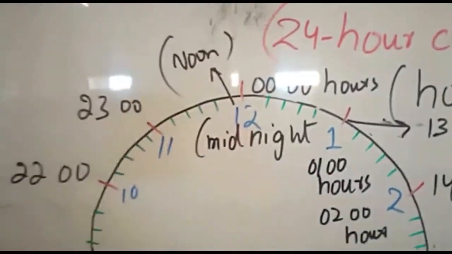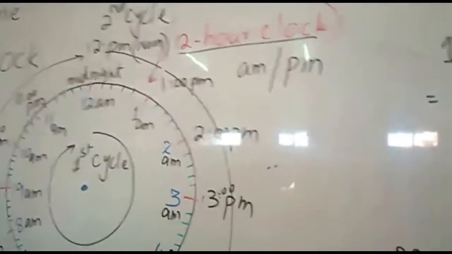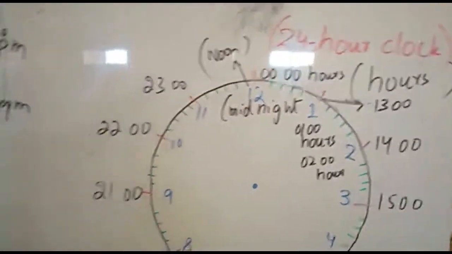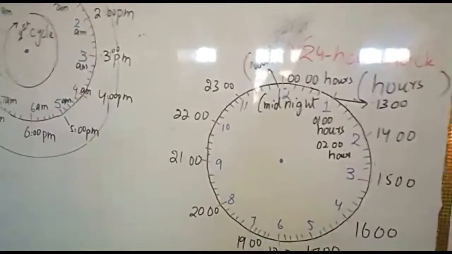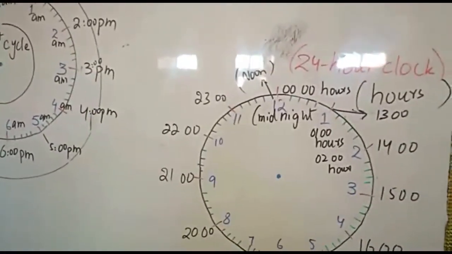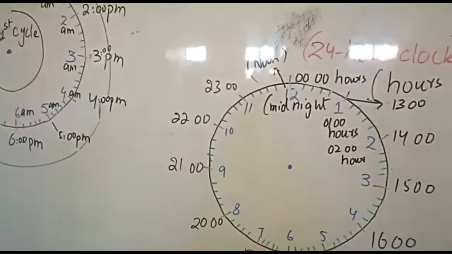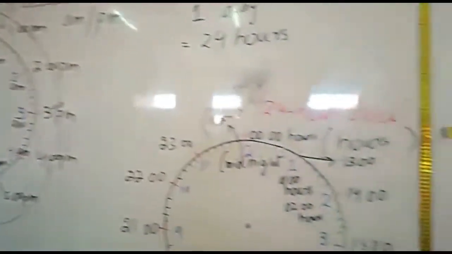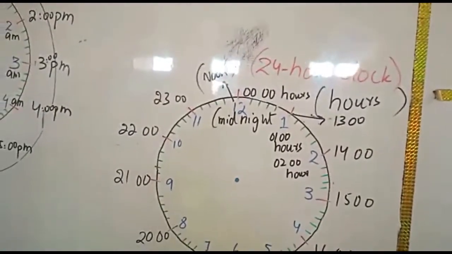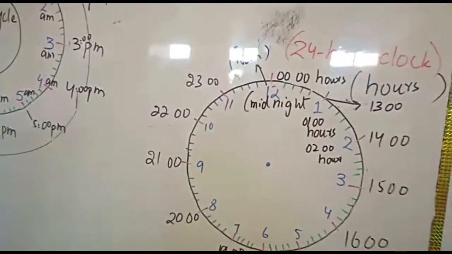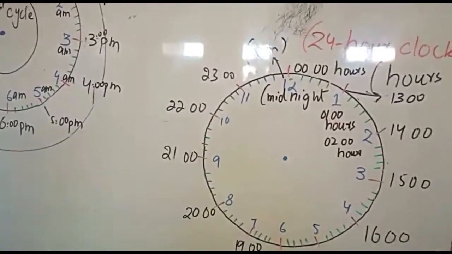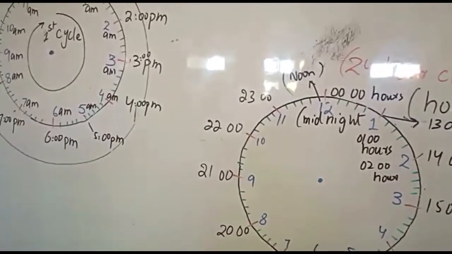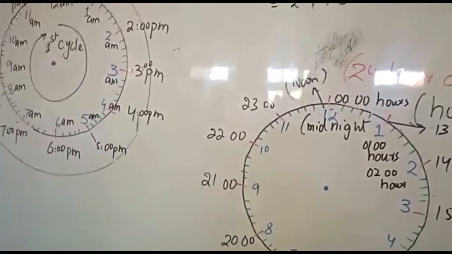Clear? As compared to the 12-hour clock, the 24-hour clock is easier. With the help of these two clocks, I have made you understand the types of clocks: the 12-hour clock and the 24-hour clock. Now, with the help of a table, I will tell you the difference between these clocks, and you will be able to compare both.